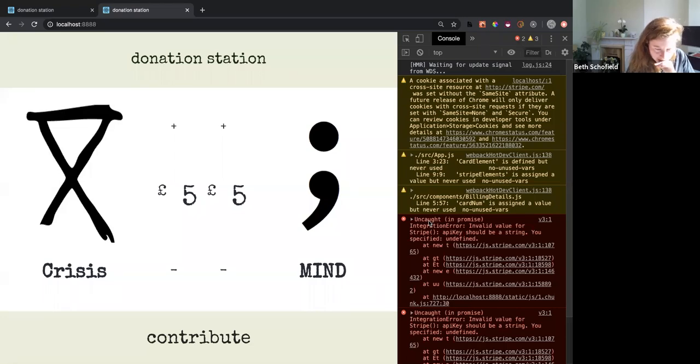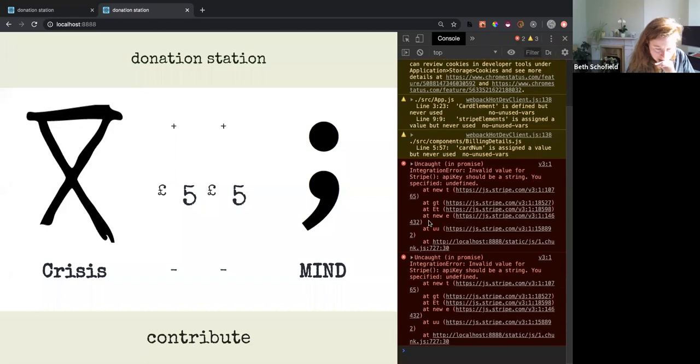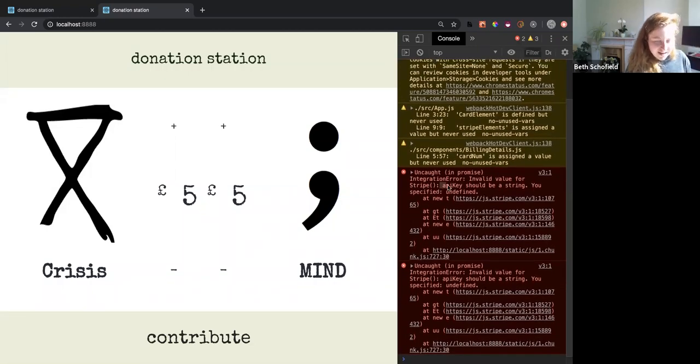So when you check it out. Okay, guys, this is a big learning process for us all. API key should be a string, specified undefined. React Stripe publishable key. Why do I not have access to you? Okay, so